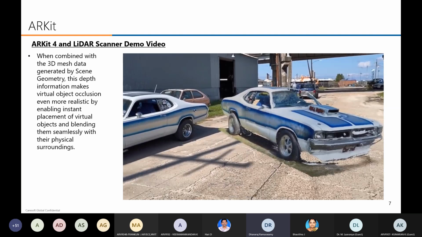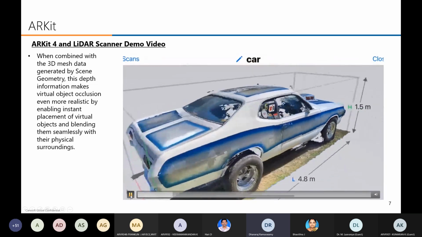For example, I've been in this field for almost more than 15 years. Suppose if I want to create or design any car, I need at least 1 or 2 weeks of time to create this kind of model. Now, we are all the same generation, some of the students. So now it's ready-made. Just 1 minute you can create the 3D model. But when I was in this field, it was very difficult to create a 3D model. Now, not even 1 minute, it created the 3D model. It scanned the physical car.